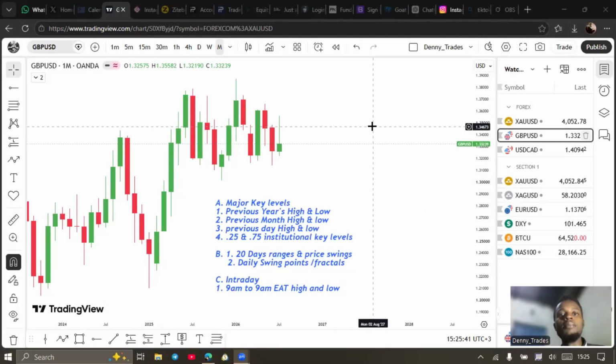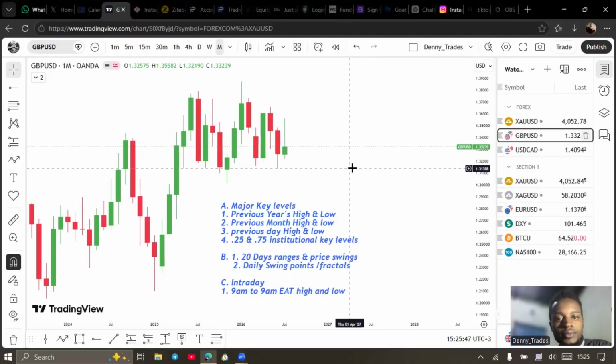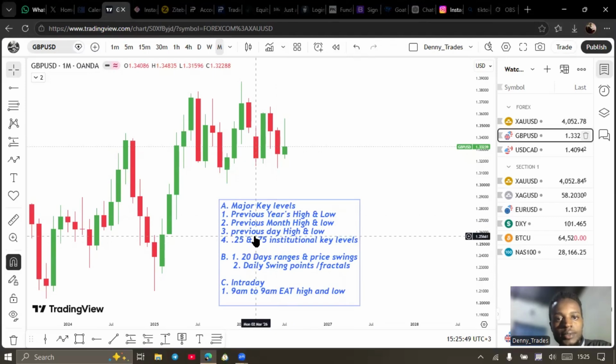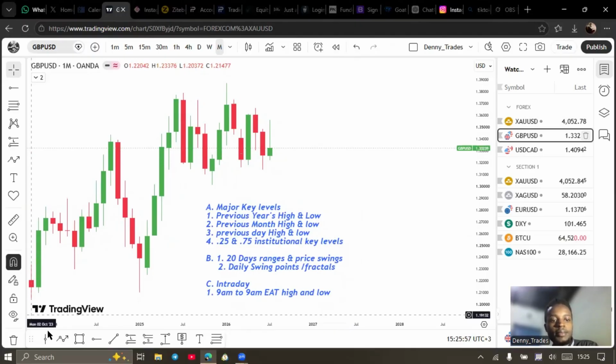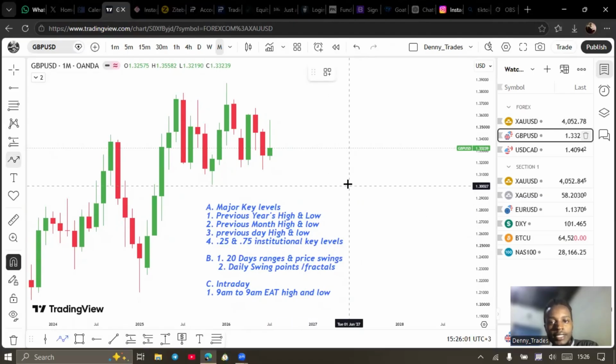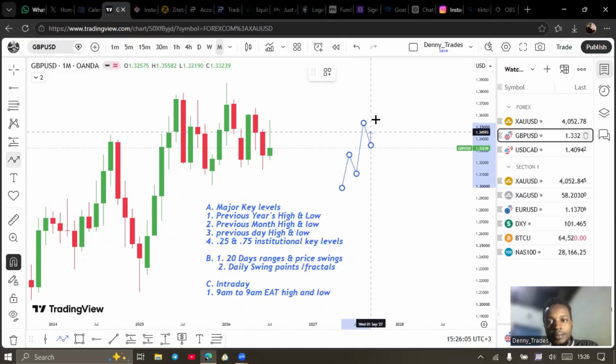So this is GBPUSD, and we are starting off on the monthly time frame. These are the major points that we'll be discussing today while doing the top-down analysis. But before that, I want to remind you first of the basic that price is doing either of these three things. First, it's either trending up